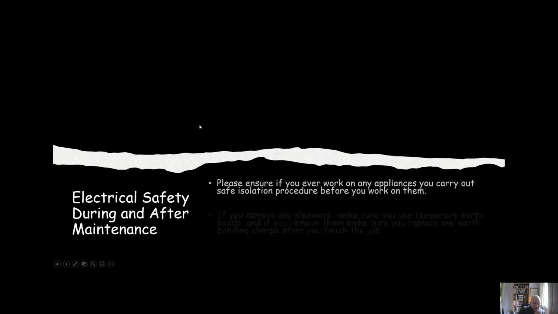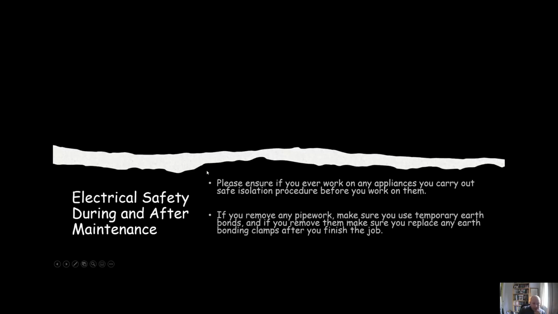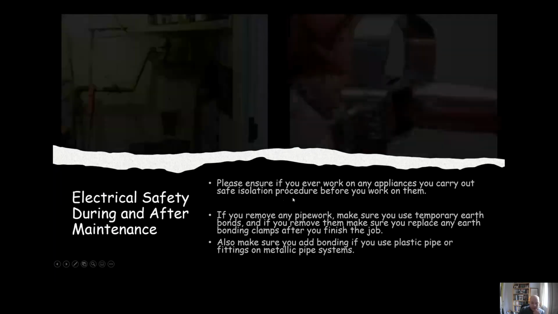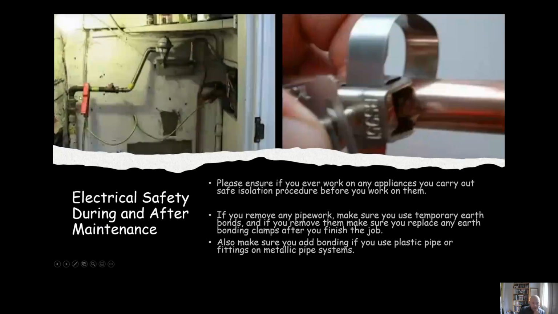Very briefly touch on electrical safety during and after maintenance. When you do work on any installations that are powered by electricity, make sure that you carry out the safe isolation procedure like we talked about in the safety and electrical modules. And if you remove any pipework, again, like we mentioned in those modules, make sure you use temporary earth continuity bonds, like these ones on the left,